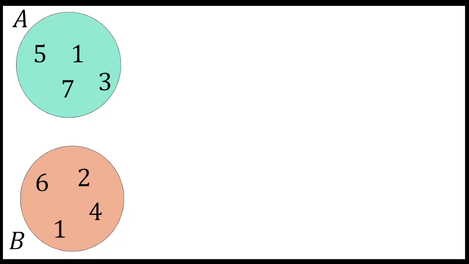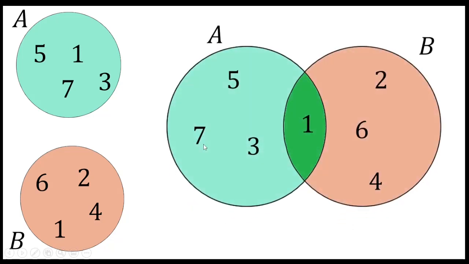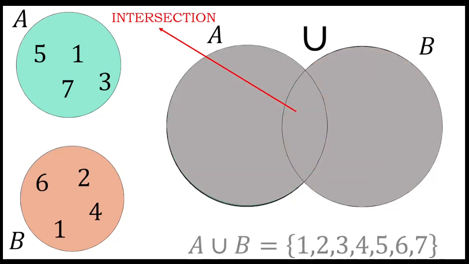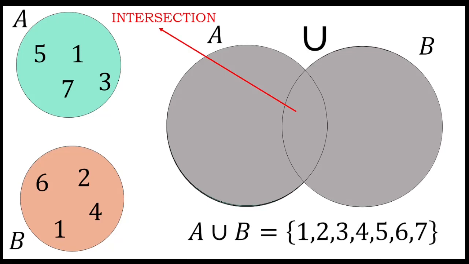Now, we have to illustrate this in a Venn diagram in such a way that set A and set B will have a common relationship in which they have 1 as their common element. So, combining the two, they will overlap and their common element or the intersection is located in the middle. Okay? Now, combining the union of these two, you just simply need to combine all the elements, provided if one is repeated, you have to write it down once. So, therefore, this is what we call union of A and B, which contains the elements 1, 2, 3, 4,